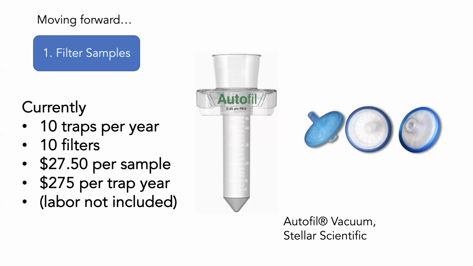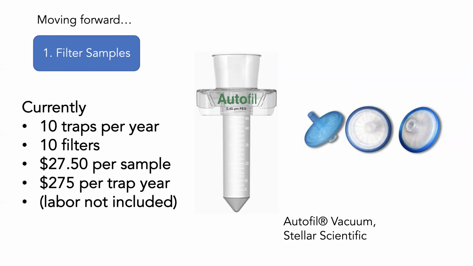But I almost always get questions about the practicality of doing this. So we developed the techniques, then we got kicked out of the lab for a year and a half, which is good because it gave us time to analyze the data. But the way that we have been doing things, on average through the NEON samples, we get 10 traps per year from a given trap array.